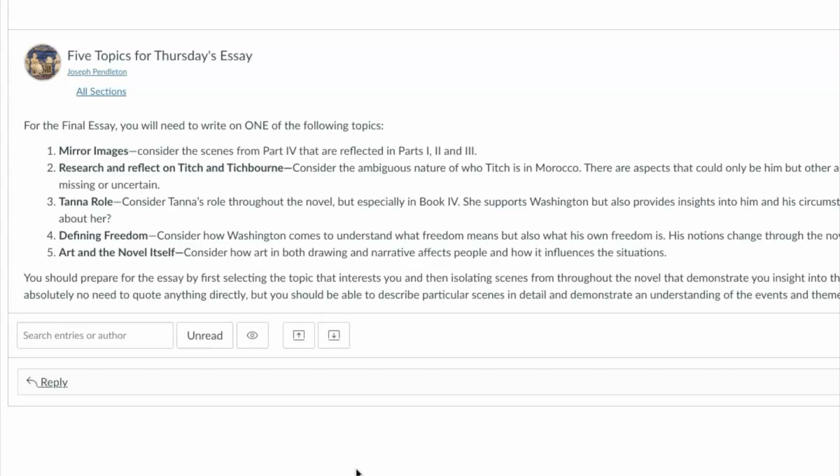And that's such an odd way to go about things, but that's one of Esi Edugyan's techniques, to mirror throughout the novel and replicate certain situations where she brings up certain themes of a similar type, but she does something slightly different. So look for those in part 4 that seem to reflect things from earlier. And you're going to want to find about 3 other parts of the novel that reflect some aspect of part 4. Okay, so you can spend some time finding those other 3 events or passages that seem to reflect something from part 4.